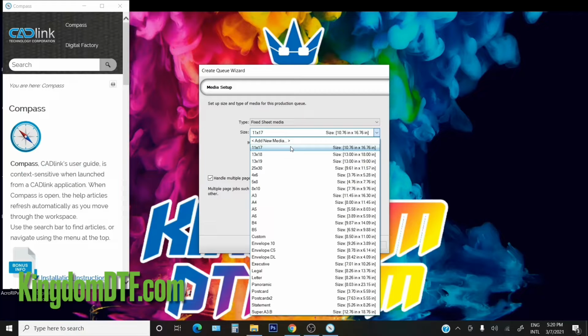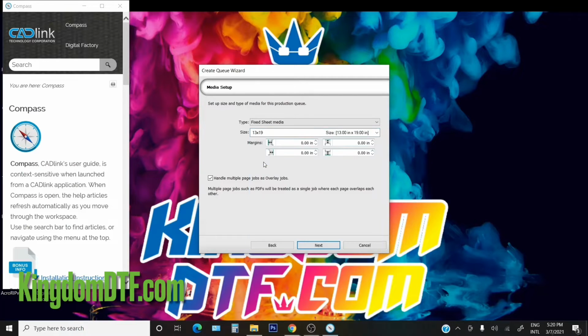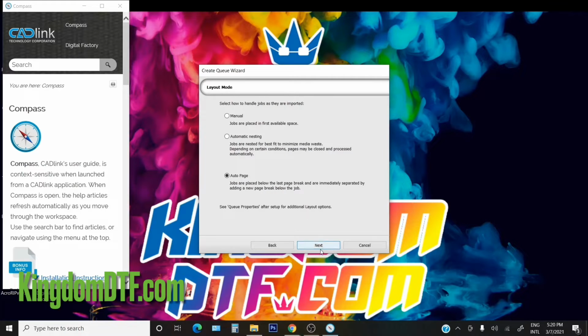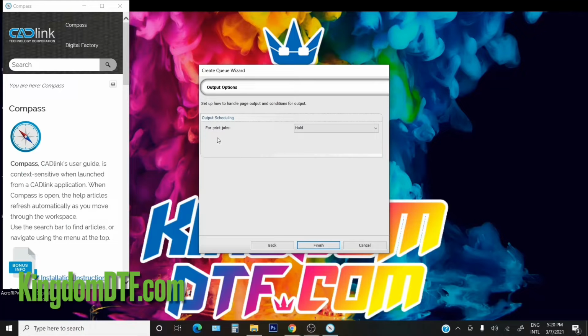We have the 8 by 10 or 8 by 11, that is the A4 size, here. You can choose this one over here, or you can choose the A3 size, but this one also. But also you have A3 plus, so you can use the 13 by 19. So we're going to set up for that. We're going to handle multiple pages job as overlay jobs. Next, auto page. Next, we want to put our design on hold,